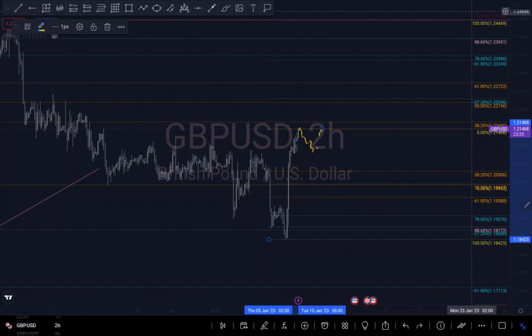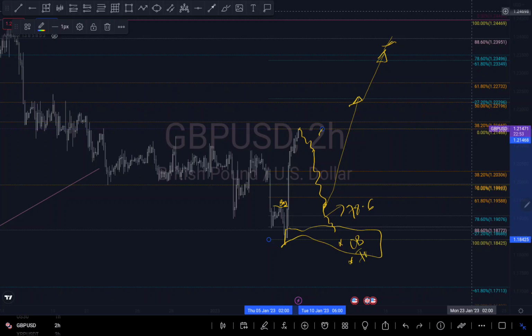right? Then I will be targeting somewhere here, either here, because there's a breakout structure here, which is around my 78.6%. Before we close to my first level, my second level, the probability is it might just get here, or we might push down here. And the reason is because there is another block here, there's another block here, and there's also an imbalance here as well. So we might just push down to this level, and that is also around my 88.6% fib level. So we might just push down to this area.